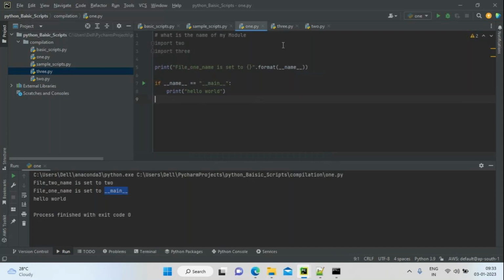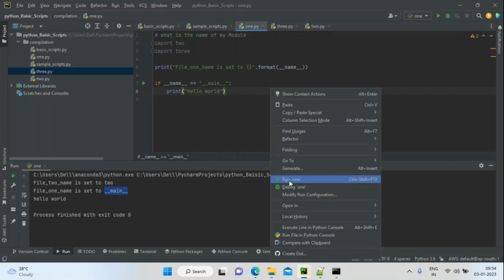Hello, 2. You will get the 2. Okay, file 2 is set to 2, and then I use the import 3 statement. It goes to 3, and then file 3 is set to 3, and then finally it's going to print file 1 name is set to main. Totally, I'll get 4 outputs, 3, and then finally print hello world. I'm going to get 4 outputs actually.